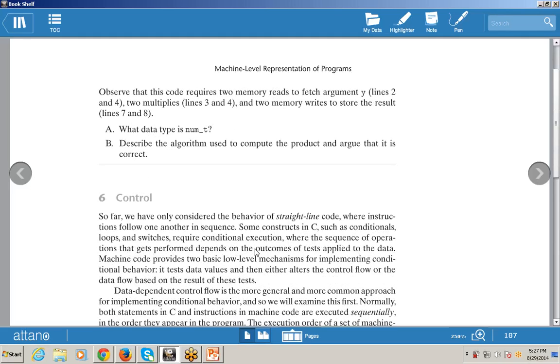So that's all for yesterday's session. Now I'm going to continue with your topic, that is control. Till now we have covered multiple topics in chapter number 3, and this is the sixth part of chapter number 3, machine level representation of programs. Control. Now let's start with control.